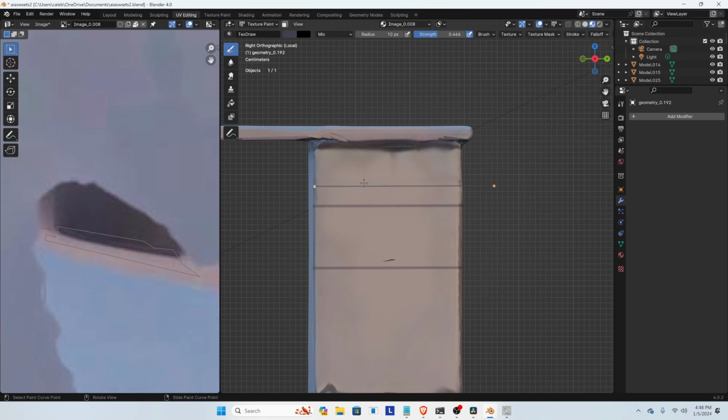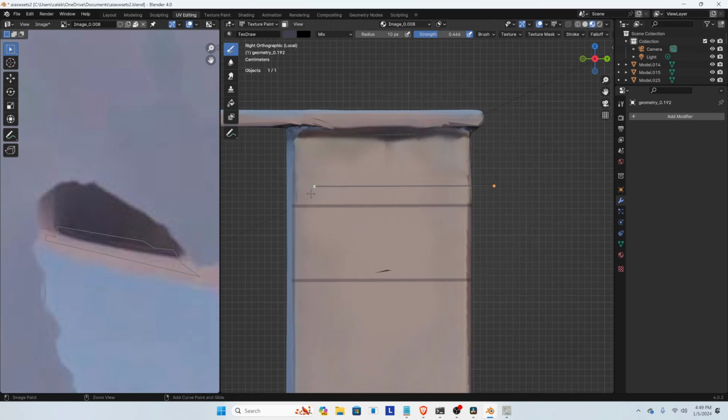Use the curve tool again. I don't know how to reset this. Probably just, oh, hit delete. Okay. So that's how you make a line with the curve. And then to actually make our curve, we're going to